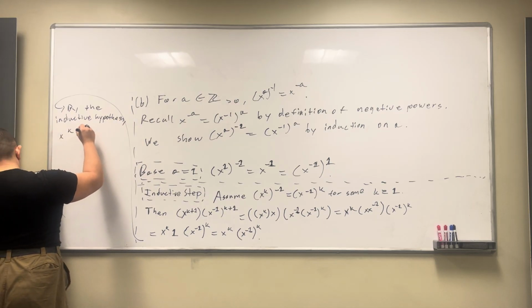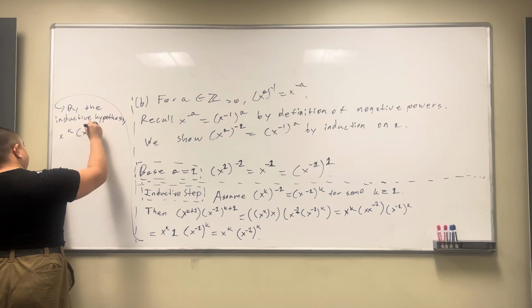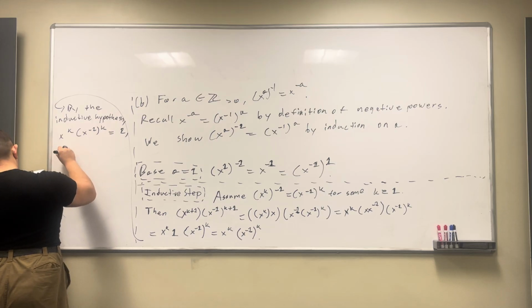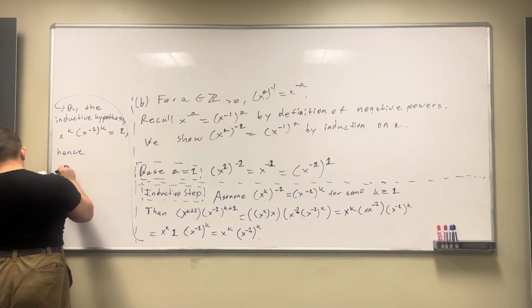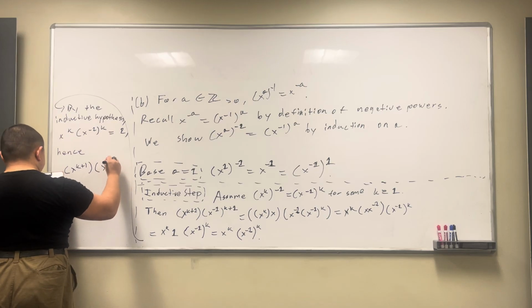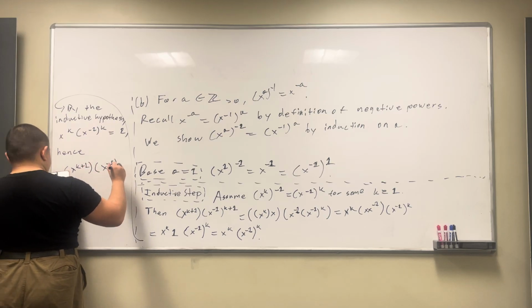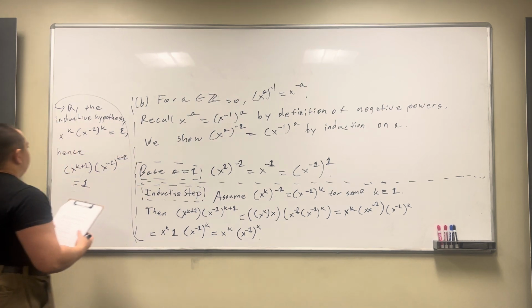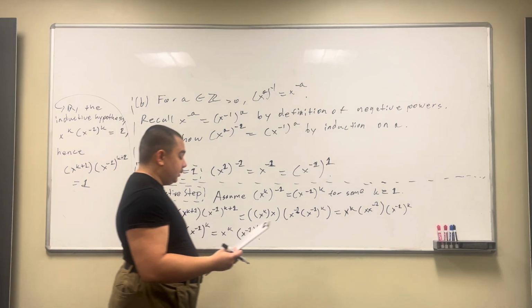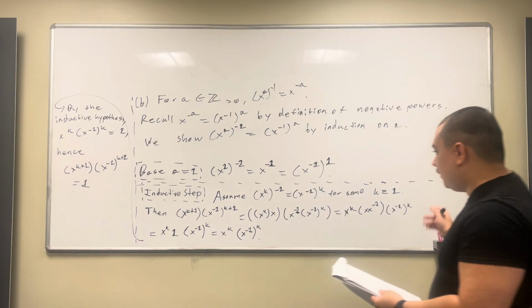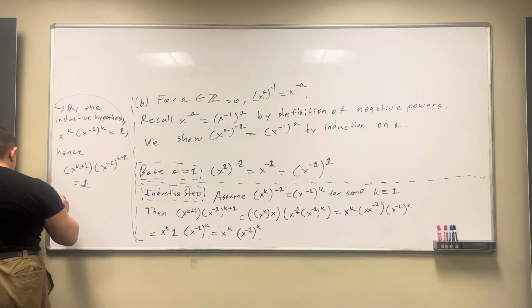x^k times (x^-1)^k is equal to 1. Hence, we have (x^(k+1)) times (x^-1)^(k+1). That is equal to 1. So, well, still more work to be done, because we forgot this last little bit, which is,